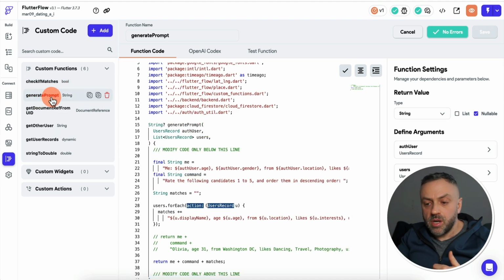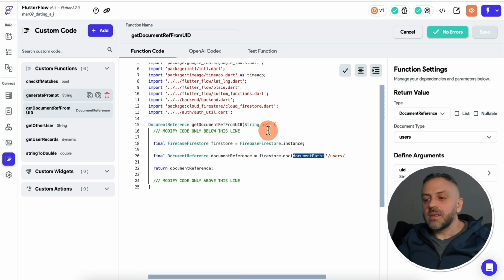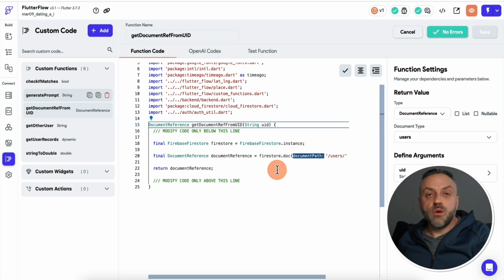Next, we have generate prompt, which takes the auth user, which is the user who is logged in, and a bunch of possible matches and creates a prompt that's going to be sent to ChatGPT. The next function we have is get document reference from UID. And this is a very, very useful function. What makes this function super useful is that we can take the UID, which is a string, and then get the references. And then inside of FlutterFlow, we can get the actual document with the actual record from